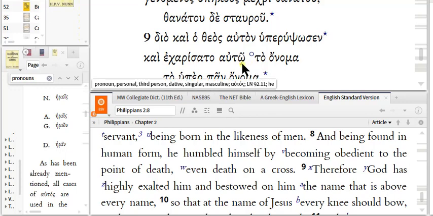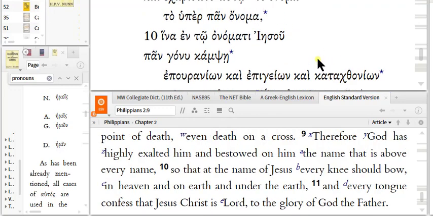Dative. So, and gave him, or gave to him, ta anima. You know that noun now, don't you? The name. Now, this is really a mot stem, but it's neuter. So what's my nominative and accusative singular case ending for third declension neuter nouns? It's zero. So mot would have had no case ending, and it would have ended with a tau, but what does Greek like to do with final taus? You throw out the tau. It's gone. So it's ta anima. So, and he gave him the name